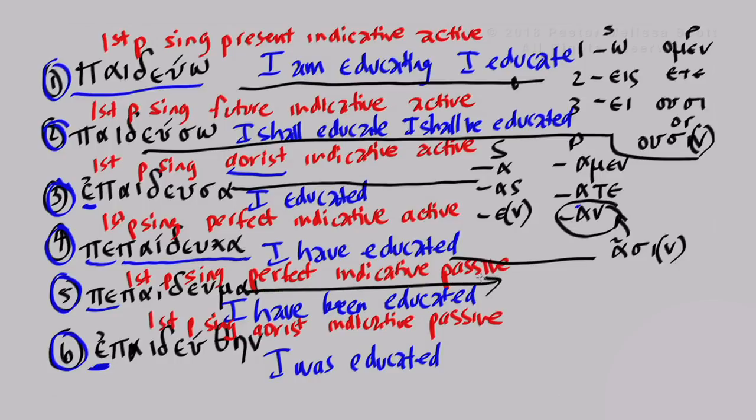Down here, for the perfect indicative passive. This is why I told you bite size. This is all we're doing because it's still a lot. Mai, sai, tai as endings 1, 2, and 3. And for the plural, metha,